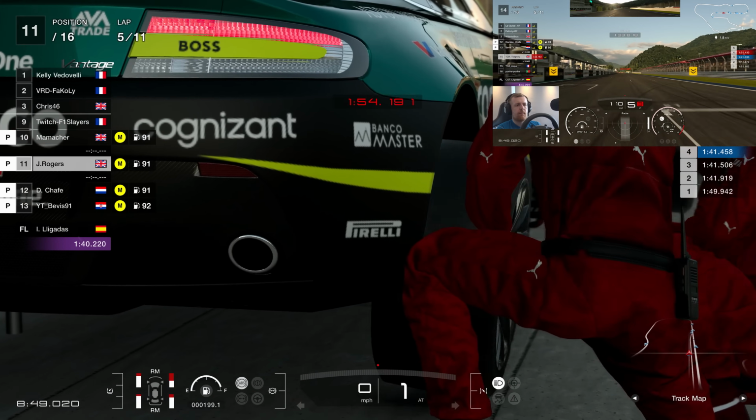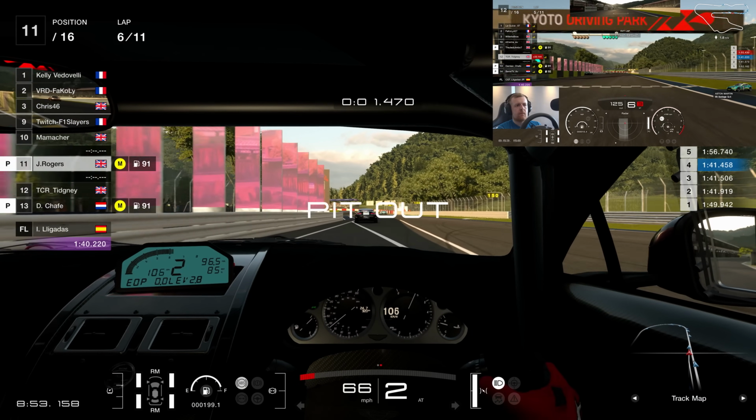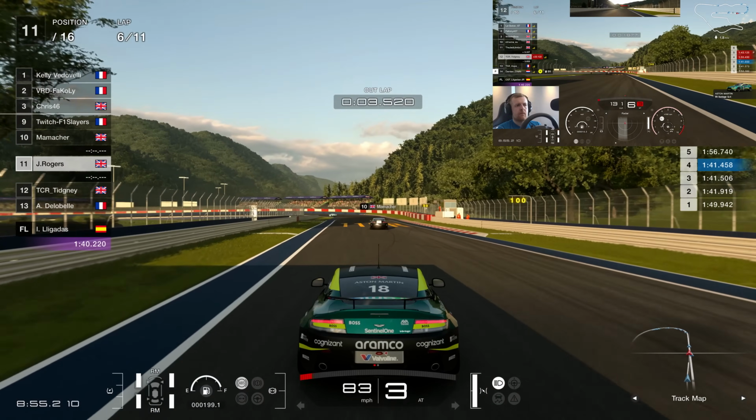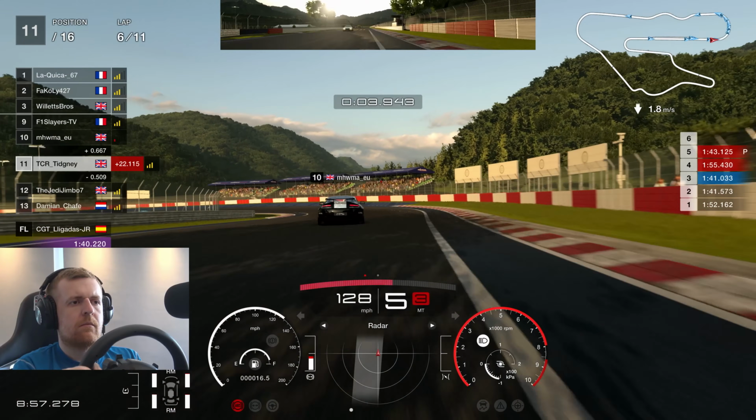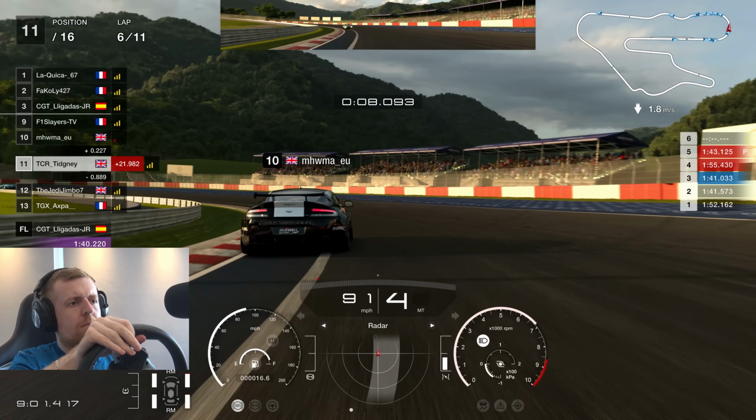Well, the Aston is also changing tyres. We can see that there. And they are leaving the pits right about now. Then they've just exited the pits. But unfortunately for them, they're going too slow. I go clean on by here and I have to catch up to the other Aston Martin here of Moama,